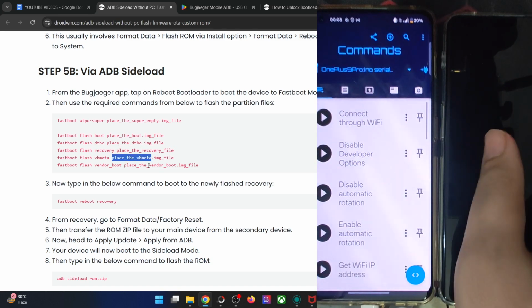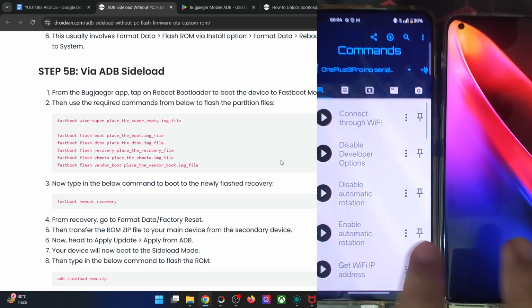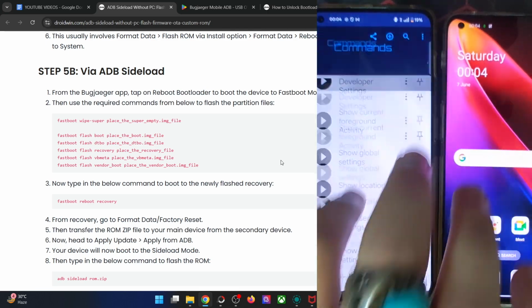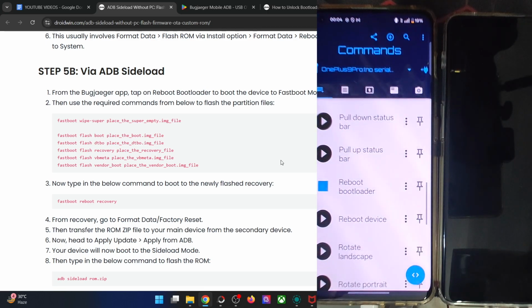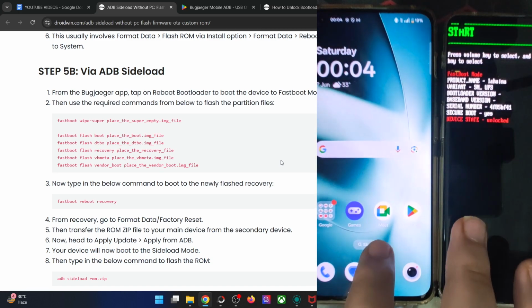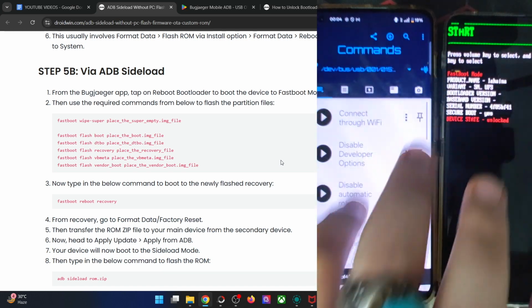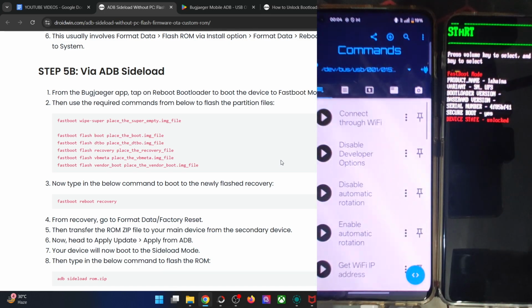So first off, let's do one thing. Tap on the button of reboot to bootloader, which should be somewhere here. Reboot to bootloader. Your phone should now be in the fastboot mode, and once that happens, we can then flash the ROM file via ADB sideload as well. So I'm flashing the LineageOS ROM file onto my phone. Just give me a second. Okay, as you can see, this is the fastboot phone over here.